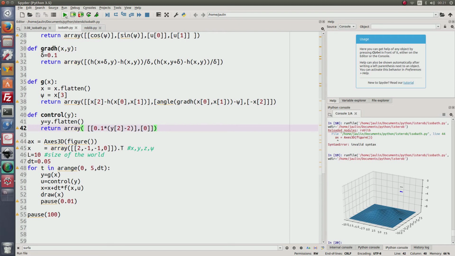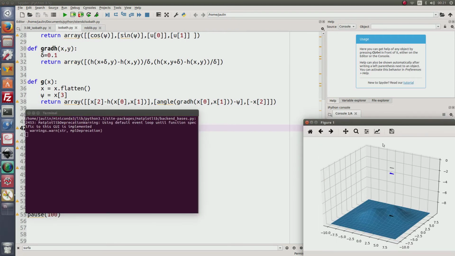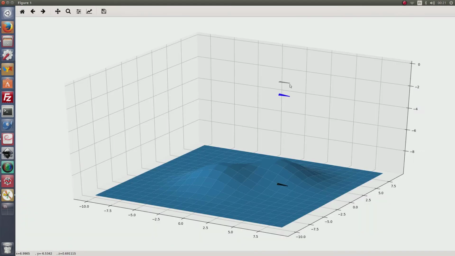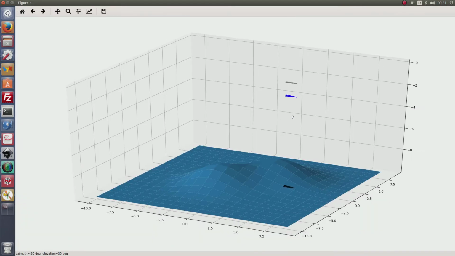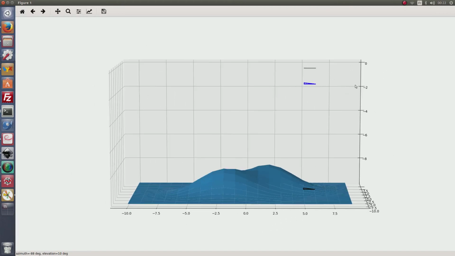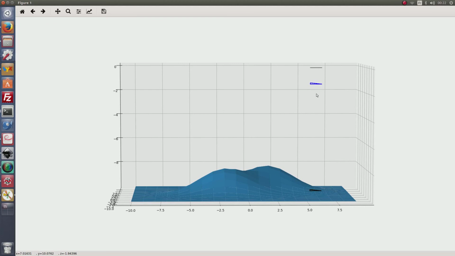Okay. I run this. And we can see that the robot goes from 0 to -2, slowly, probably too slow. So if I want to go faster,